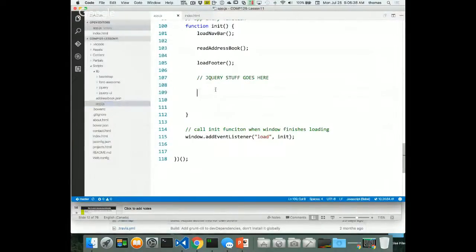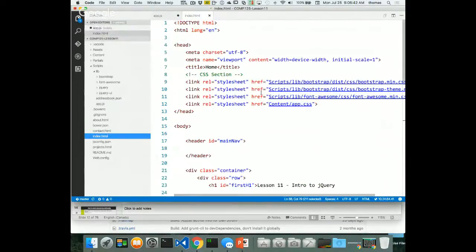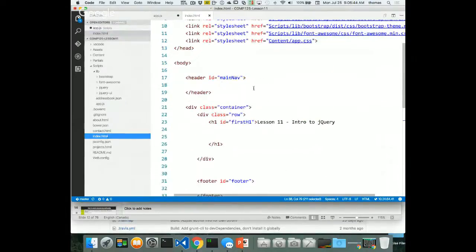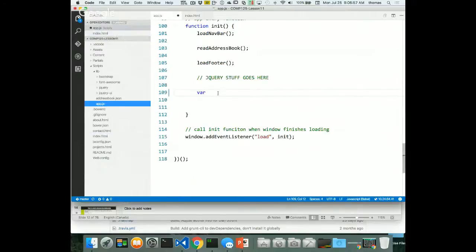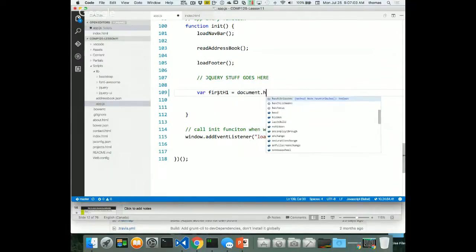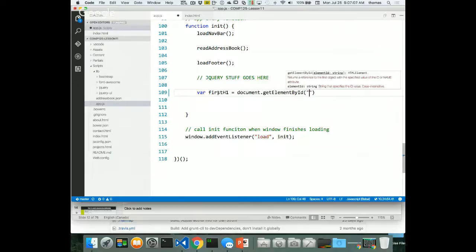So if I do something like this, var, and let me just look at that. Let's take a look at index, where I'm going to hook into for a second. Here's a bunch of stuff that I've got. My H1, which is first H1. We're going to target this one again. This is just our target. So our ID is first H1. I'm going to copy that for a second, just so we have exactly what it's called. And if I say var first H1 is equal to document.getElementById, and I put in there first H1,